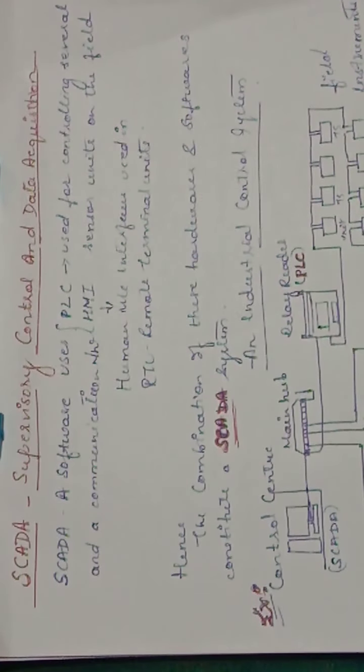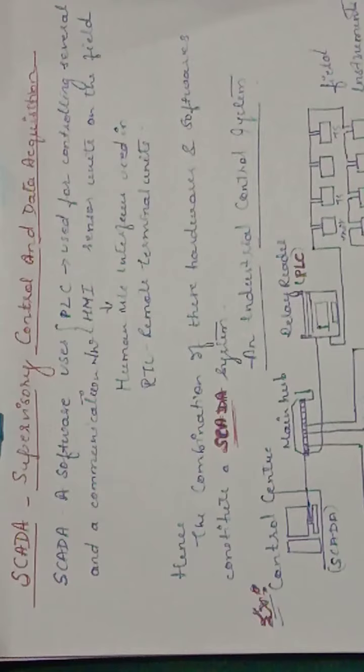And if you have any remote units, so in your RTUs, you will have computers which will help the supervisor sitting there to interact with the system. So in such remote access places, you will have your HMIs, that is human machine interfaces. These systems and your PLCs all together will be controlled by one software, which is your control center, that is the SCADA system. So SCADA hence is the combination of all the hardware and software.